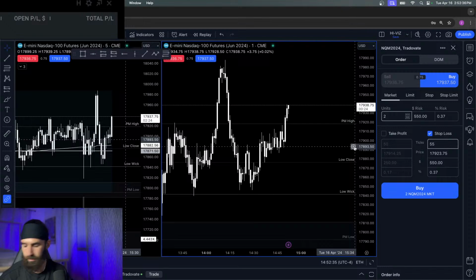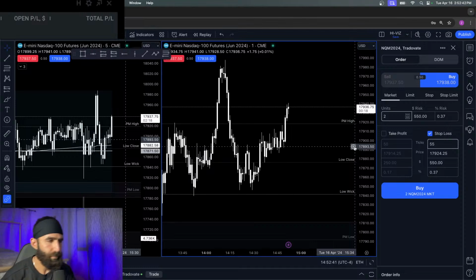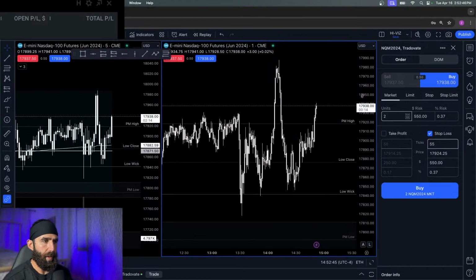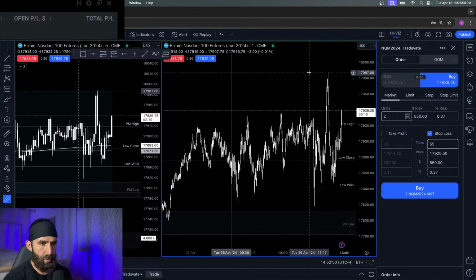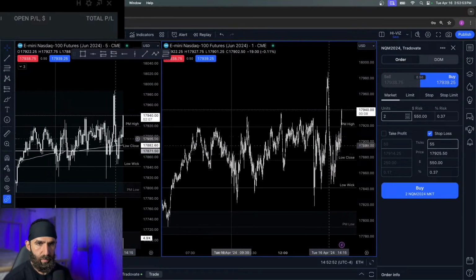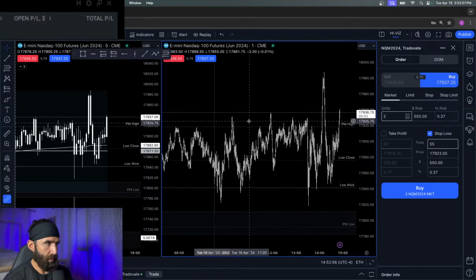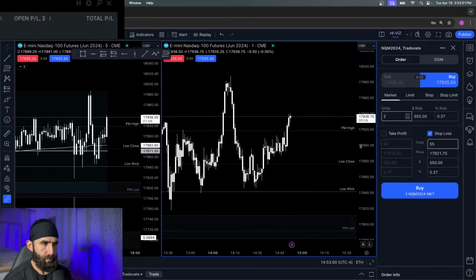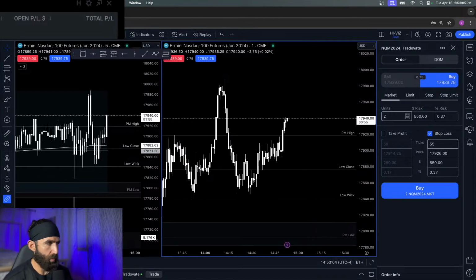Checking my internet as I go here because I want to make sure this stays clean. Yeah, it does. Cool. So we're kind of popping up here, out of the big range of the day. This would still be considered the range, the high that this put in, the low that this put in here. But I'm going to watch what it does. Again, we got some time here, over an hour, to trade. We'll kind of see what we can do.